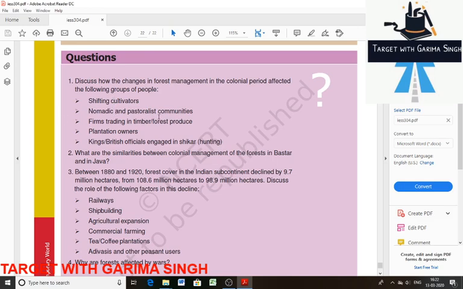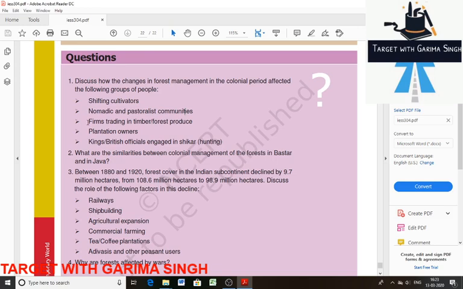Next is nomadic and pastoralist communities. Nomadic and pastoralist communities moved about in the mountains, deserts, plains and plateaus of India and Africa. The pastoralist community formed an important part of the population in both countries during the colonial era. When the colonial government established control over the forest, it affected the pastoralist community in a big way. They always moved from place to place with their cattle. When forests were destroyed by the government to expand agriculture, the nomads lost grazing fields for their cattle. This brought a lot of hardship to the pastoralist community.